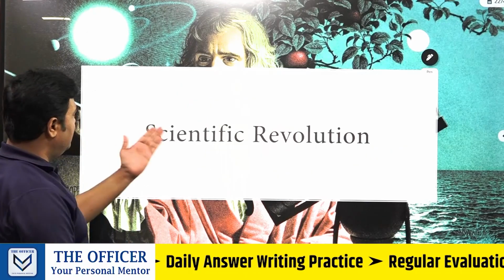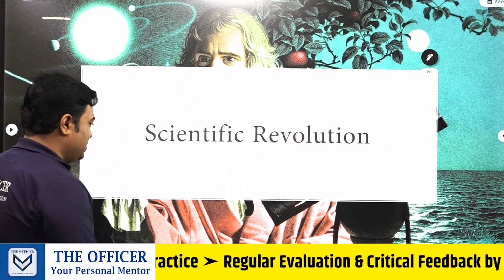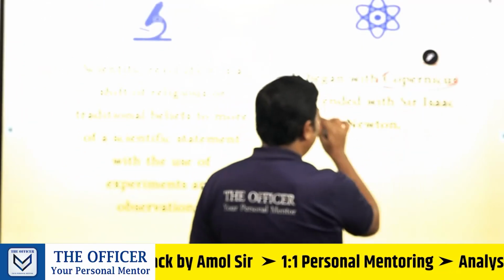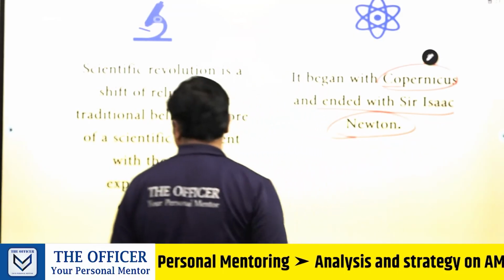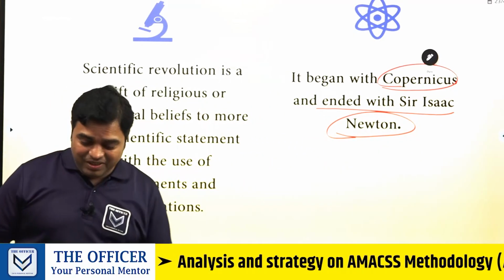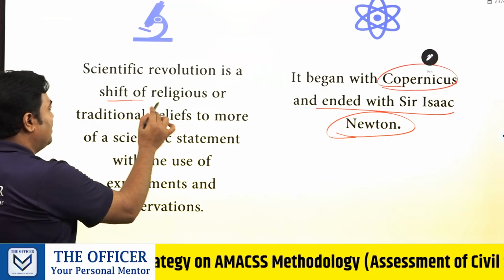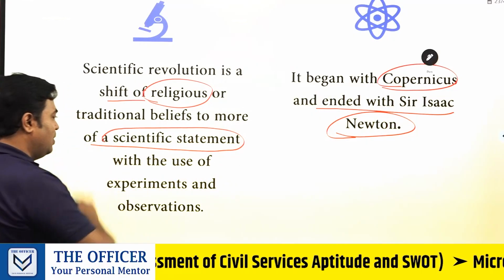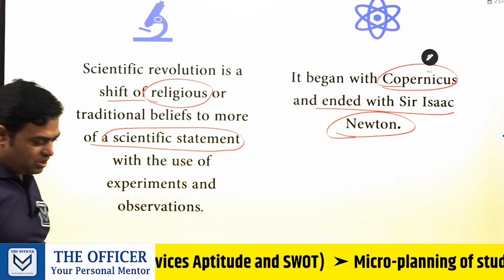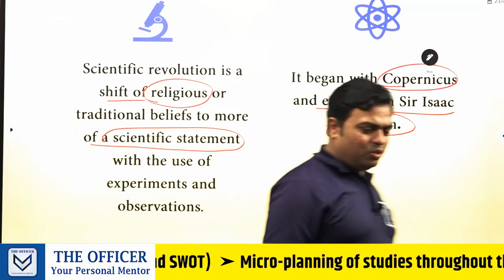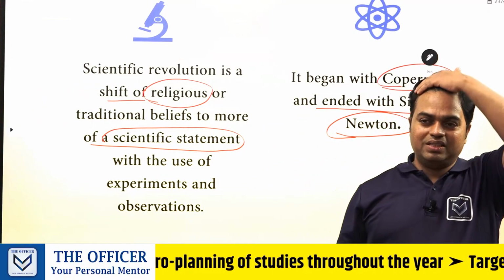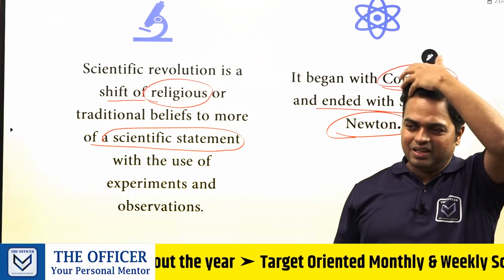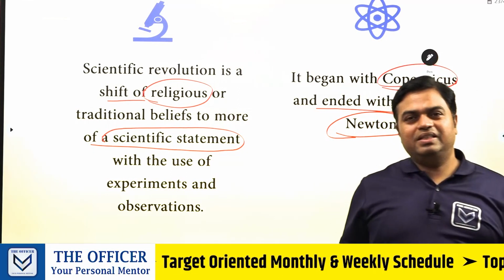Now come to the scientific revolution. The scientific revolution started with Copernicus and ended with Sir Isaac Newton. The scientific revolution is a shift from religious or traditional beliefs to more of a scientific approach, with the use of experiments and observations. Now the scientific revolution took place here, and a lot of things happened here. Copernicus, Galileo Galilei, then Kepler, then Isaac Newton,